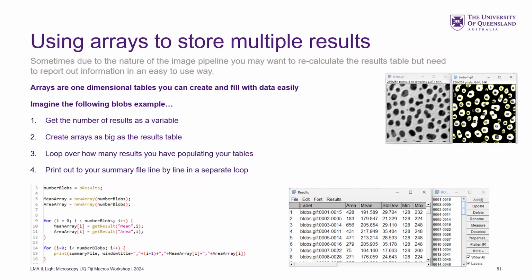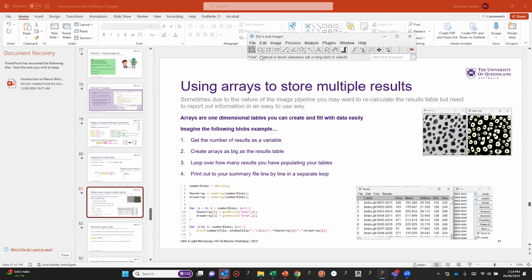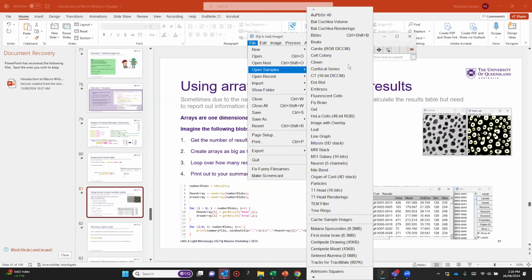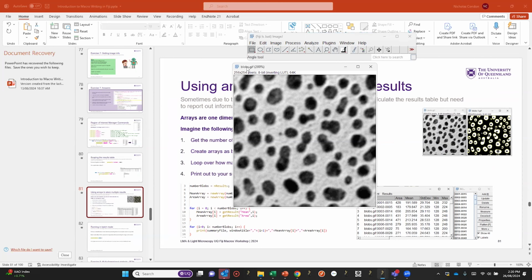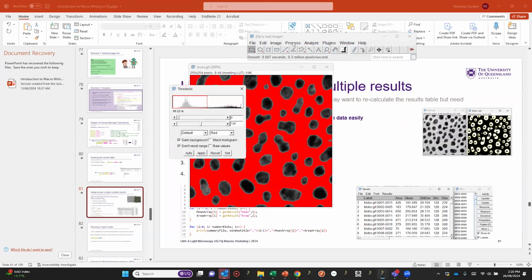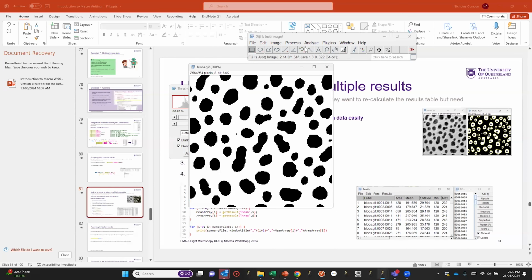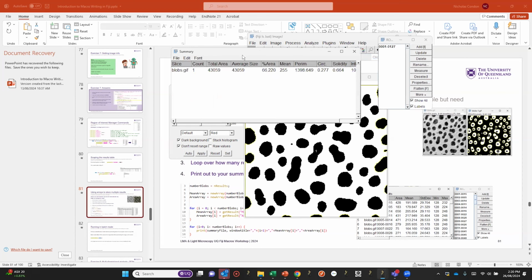It is a little bit more work, but as I said, it saves future you some time. So if we open up the blobs, blur it, threshold it. And then if I do analyze particles and I have this summarize text, then I get this summary window, but